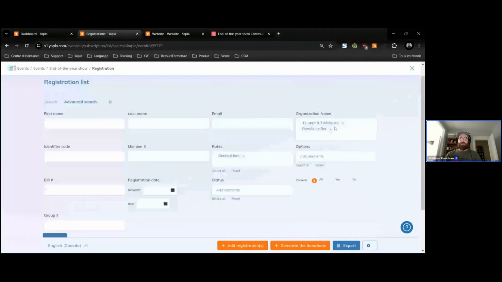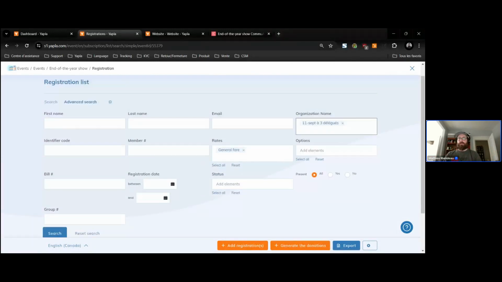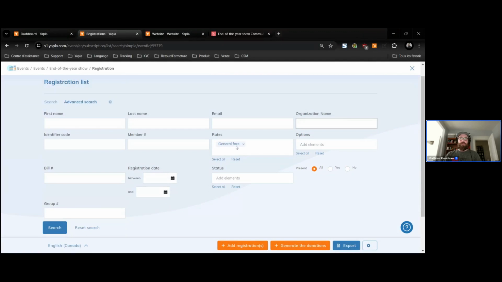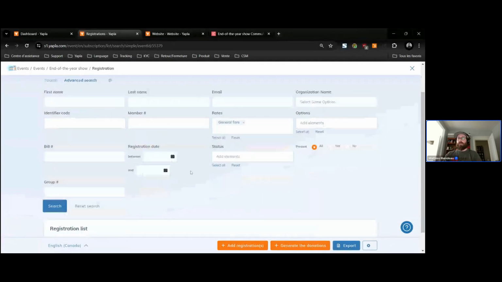So like I've said, it can be the organization names, it can be the rates, it can be the registration period, the status. So is it a canceled registration? Is it a validated one? It's just a really good way to better understand who has registered,